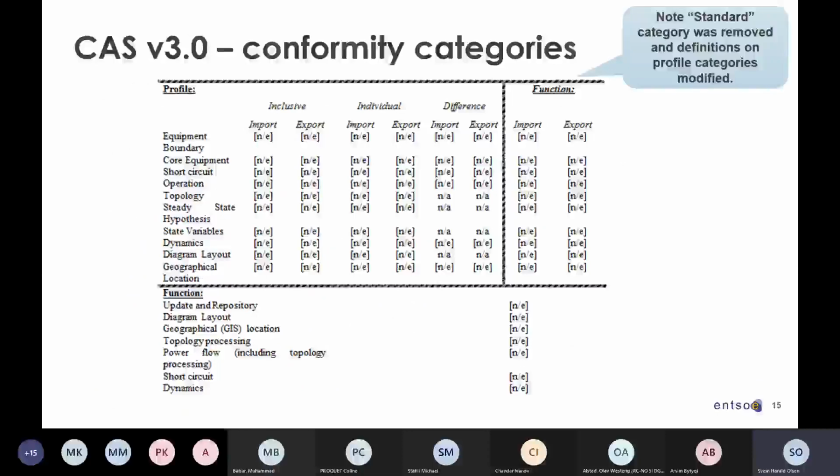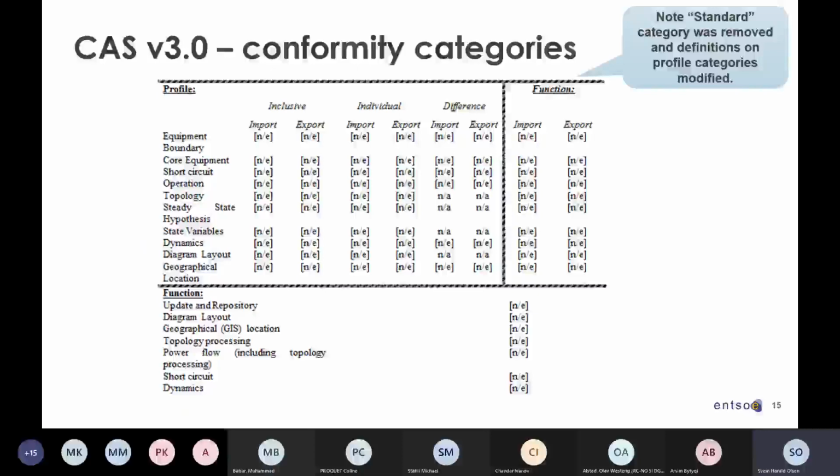Okay, then we did get some questions and some feedback in regards to the conformity category, and we found them slightly difficult to understand, or more saying there is room for improvement. However, it's not that easy to find a scheme that fits all different types of tools. Most of the tools have been analytic tools that a lot of vendors have stressed, because I need to add a lot of overhead that I don't really need for my processing.